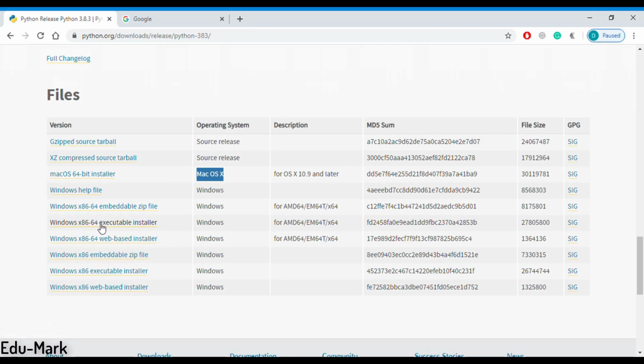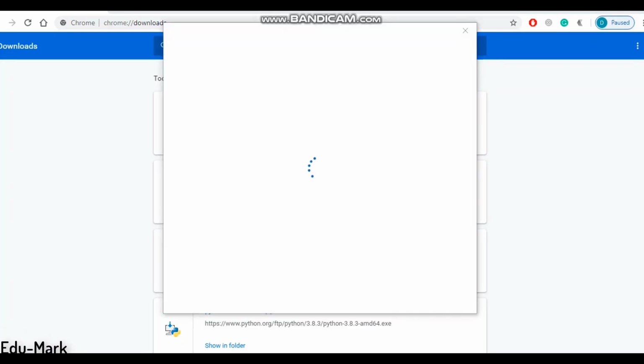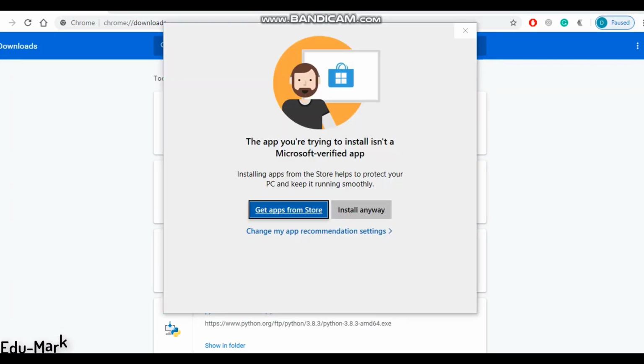You might be wondering why Linux is not available to download here. They can easily use the command language, which I will show at the end. For 32-bit we suggest using the x86 executable installer, which will be better supported, and for 64-bit the x86-64 executable installer, which will be very helpful.